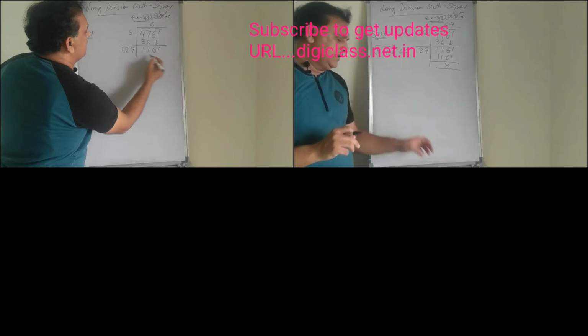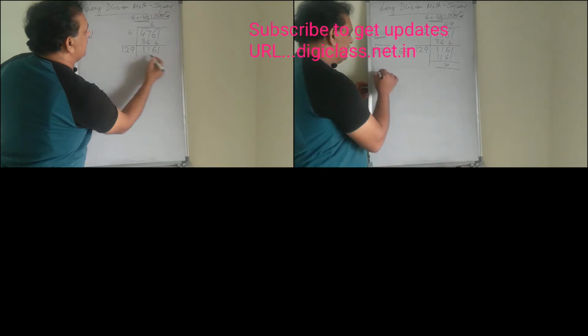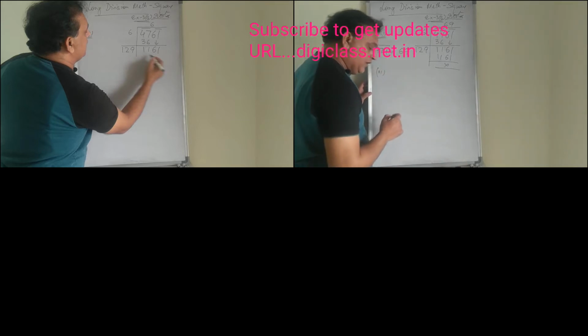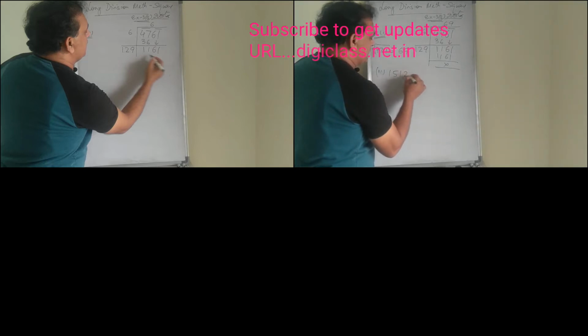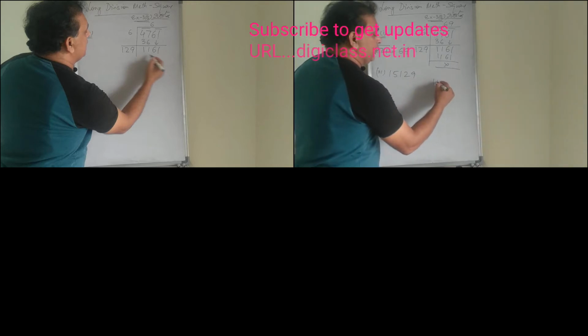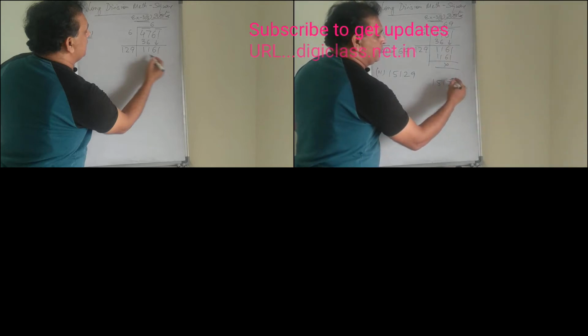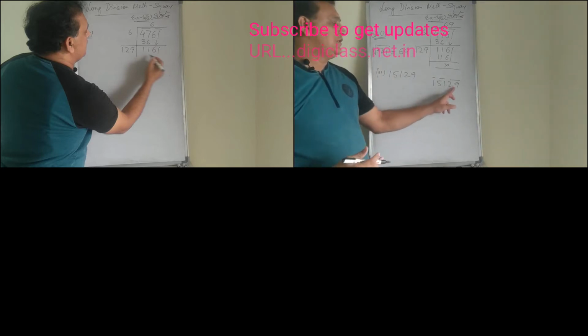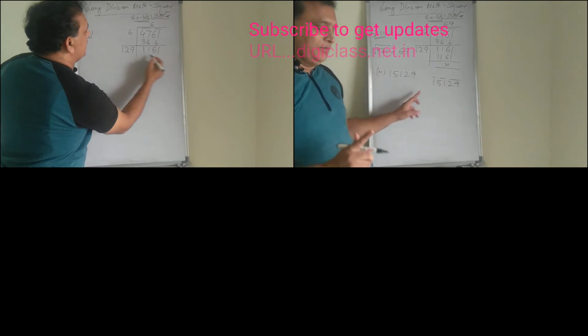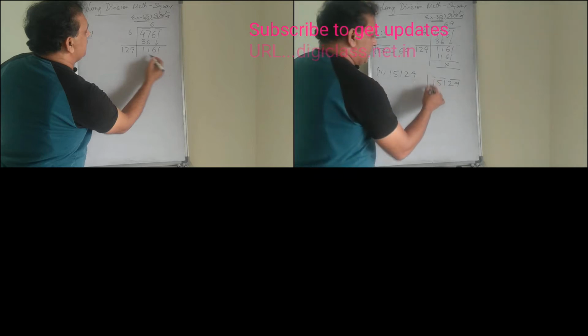Let me take another example, part 3 of the same question, which has an odd number of digits. This question asks us to find the square root of this number. Step 1: we bifurcate the digits into pairs starting from the right. So this is a pair, this is a pair, and this individual number 1 is left.